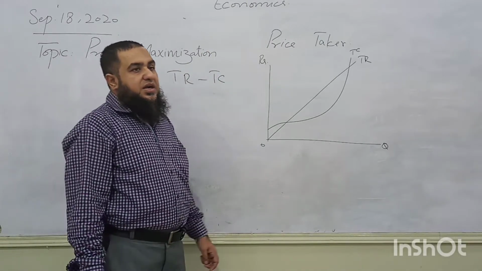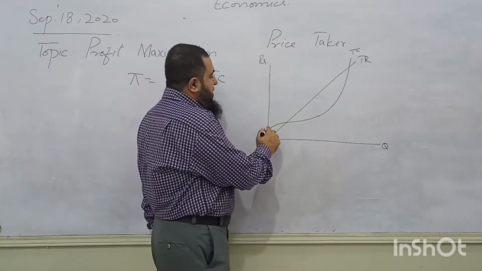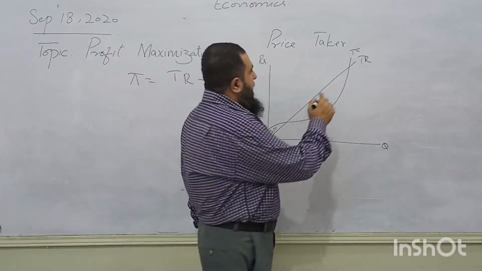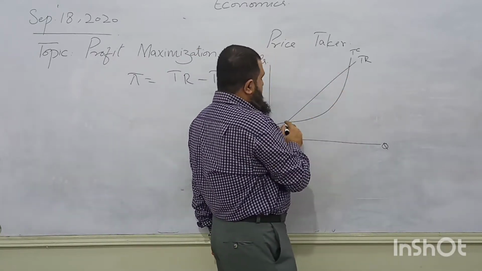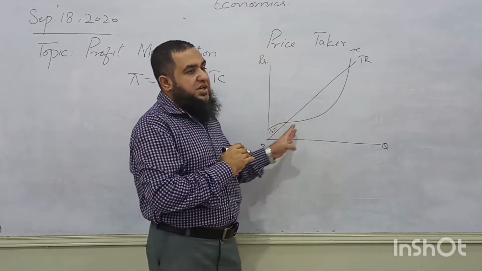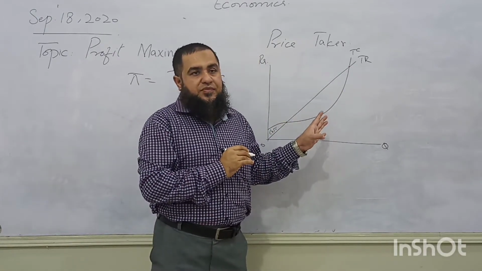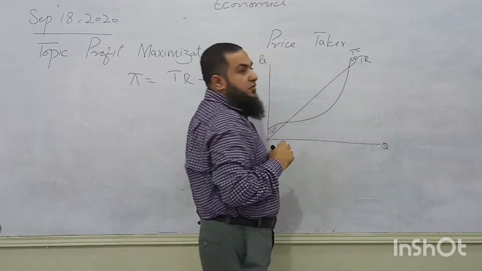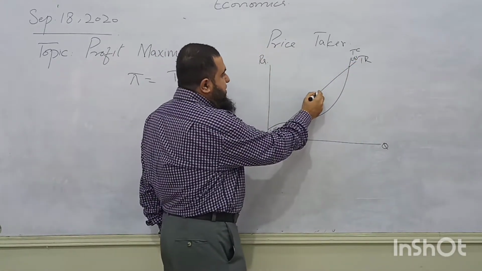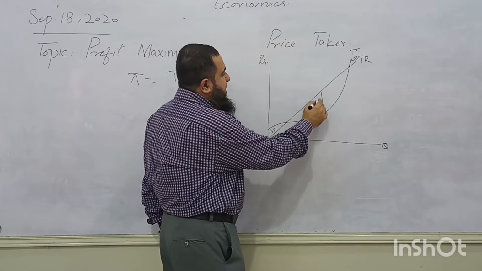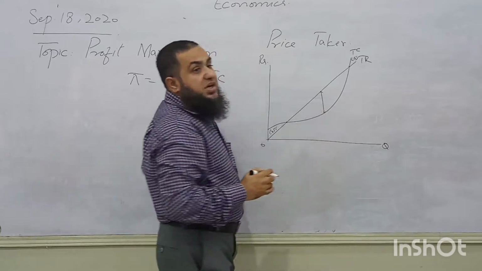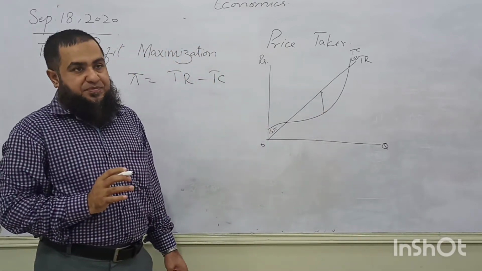The cost curve shows that first of all, a firm is making a loss at a lower level of output. After this point, where total revenue and total cost are equal, the firm is earning zero profit. After this, again we find a loss or negative profit. This is the gap which is maximized. There is a maximum gap between total revenue and total cost of production.